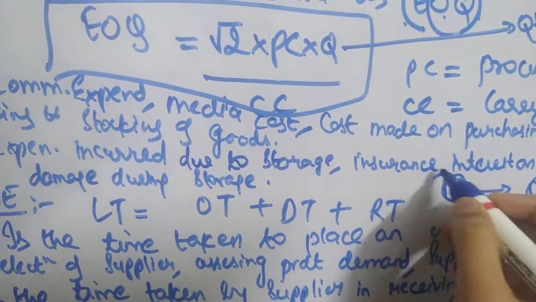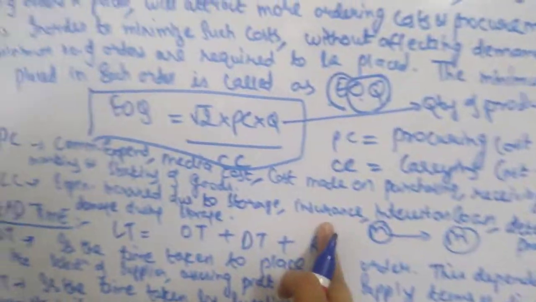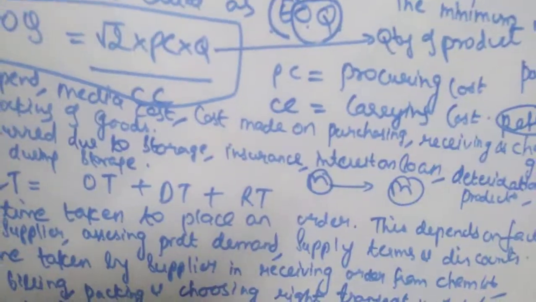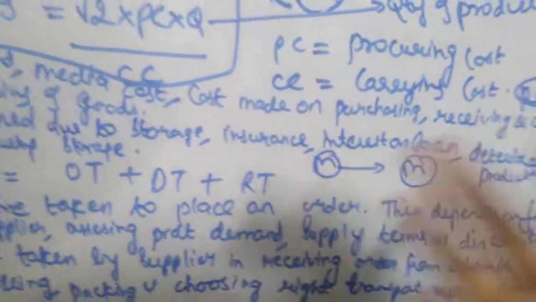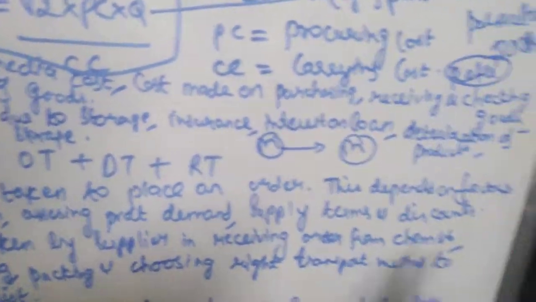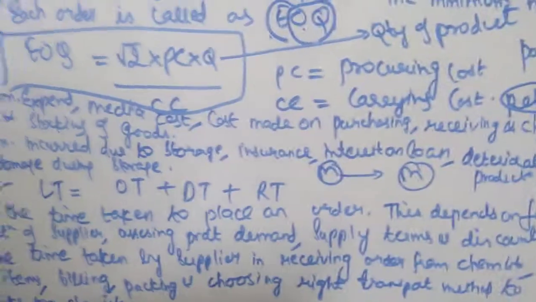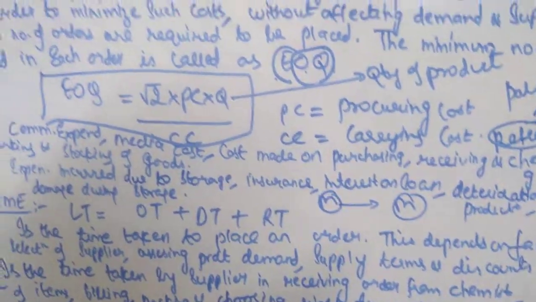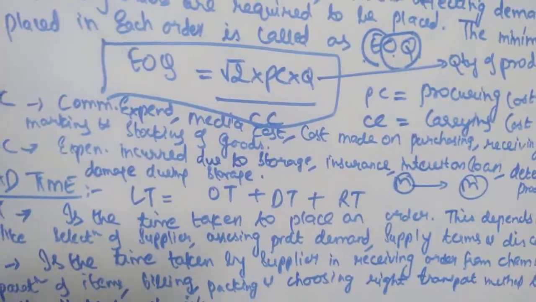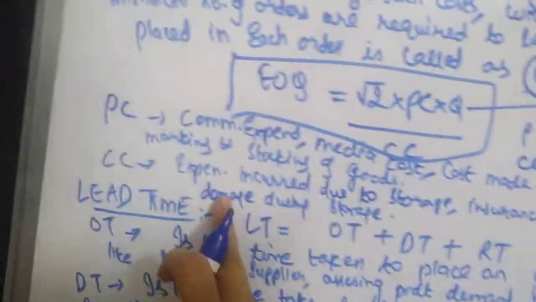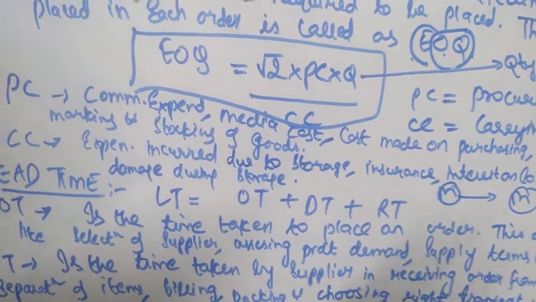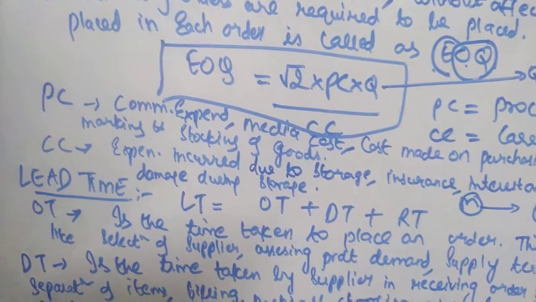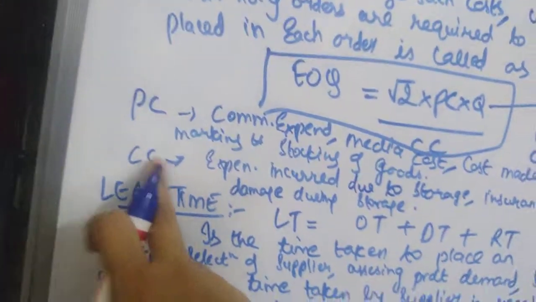Insurance, you have to maintain insurance, you have to pay the insurance amount. So that insurance amount will also come under carrying cost. Interest on loan, you are paying a loan, right? So that also increases as your products and your orders increase. Then deterioration of products. For example, if you are purchasing 100 and out of them 10 deteriorate, that will also come in carrying cost, because you have to bear the cost of the 10 spoiled products. Damage during storage, for example, any animal spillage or rats, mice can come anytime. So the damage during storage will also come in carrying cost.